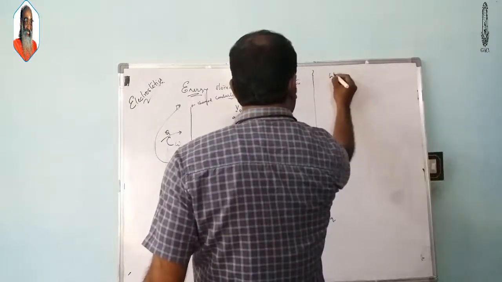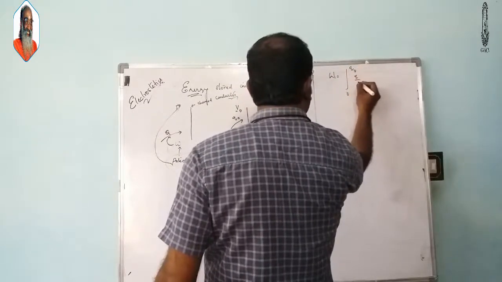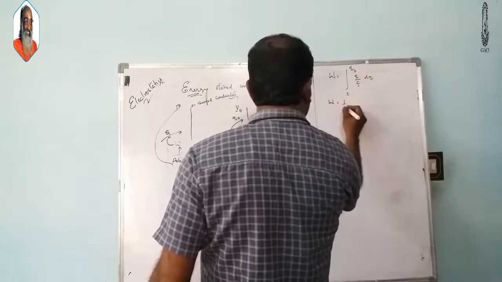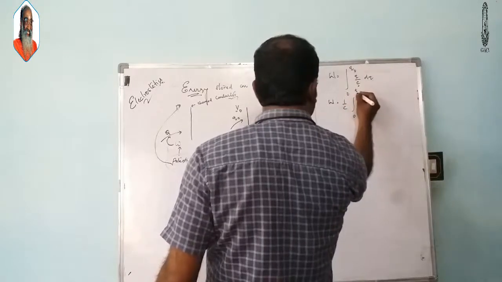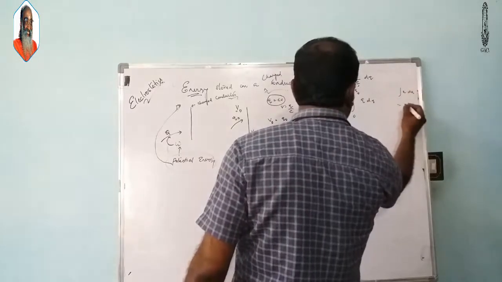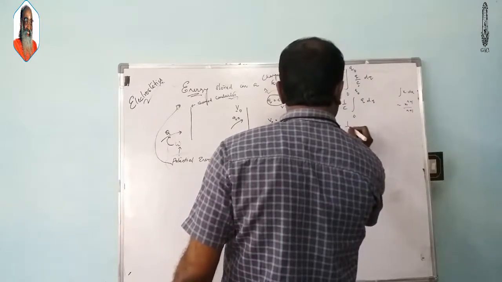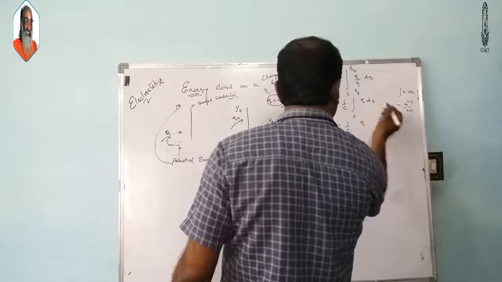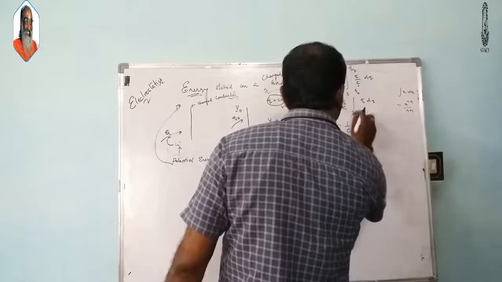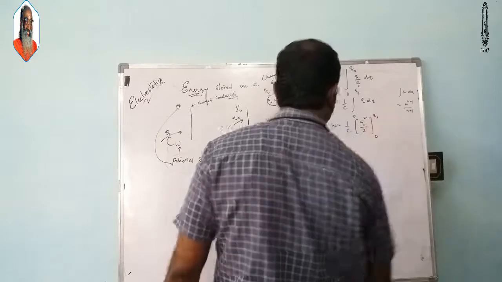So now we got W is equal to the integral from 0 to Q naught of Q by C dQ. Here C is a constant, so bringing it out, W is equal to 1 by C times the integral of Q dQ from 0 to Q naught. It is just like the integral of x dx, which is x to the power of n plus 1 by n plus 1. Applying it, W is equal to 1 by C, Q to the power of 1 plus 1, that is 2, by 1 plus 1, that is 2. The limits are applied here: the lower limit is 0, the upper limit is Q naught.